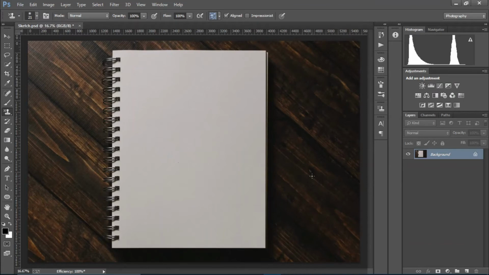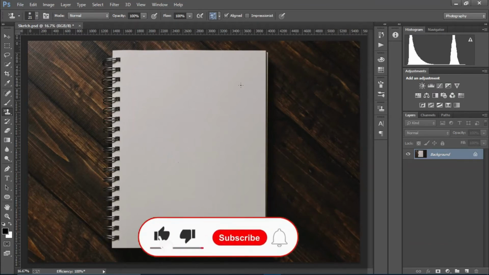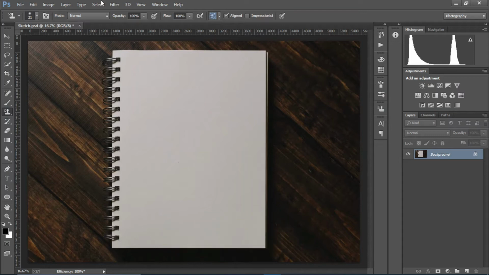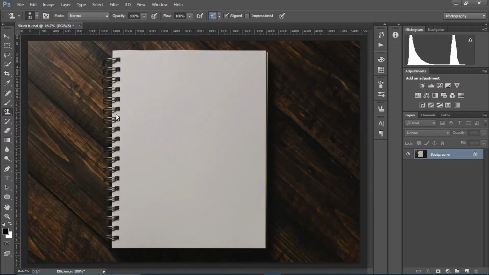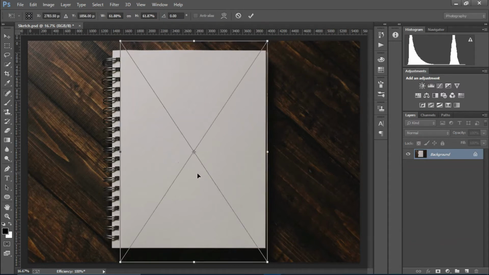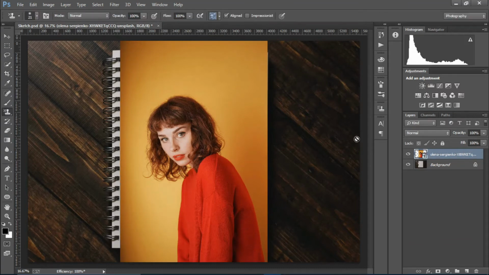Okay, so this is the image I'm gonna work with as the base layer, and you can use any image or you can download this image from unsplash.com. So what I'm gonna do is just place the model image first, this thing right there. Okay, so just go ahead and click it, and now it is a smart object, so